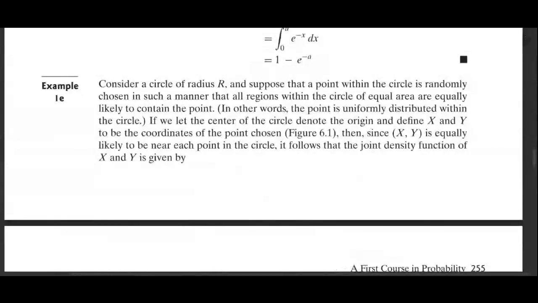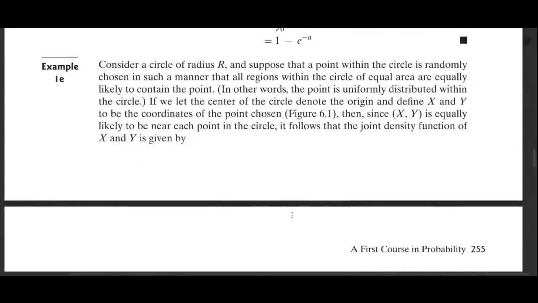Consider a circle of radius r, and suppose that a point within the circle is randomly chosen in such a manner that all regions within the circle of equal area are equally likely to contain the point. In other words, the point is uniformly distributed within the circle. If we let the center of the circle denote the origin and define x and y to be the coordinates of the point chosen, then since (x, y) is equally likely to be near each point in the circle, it follows that the joint density function of x and y is given by